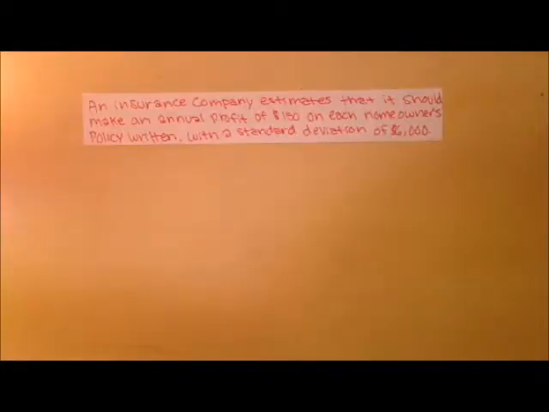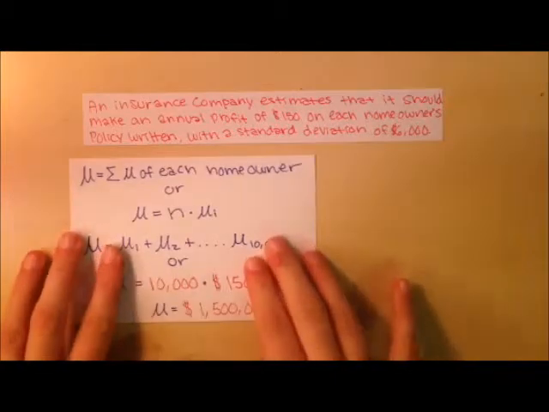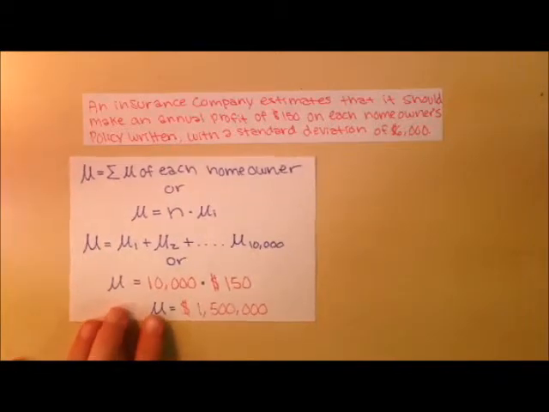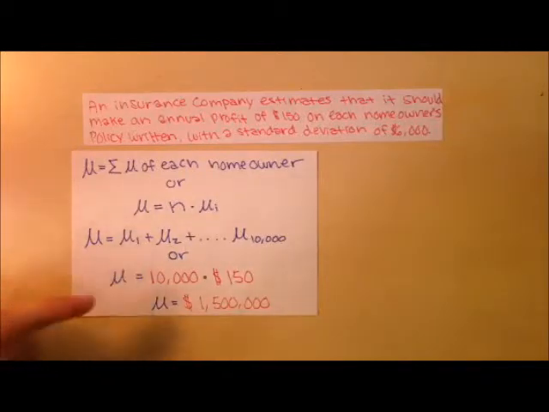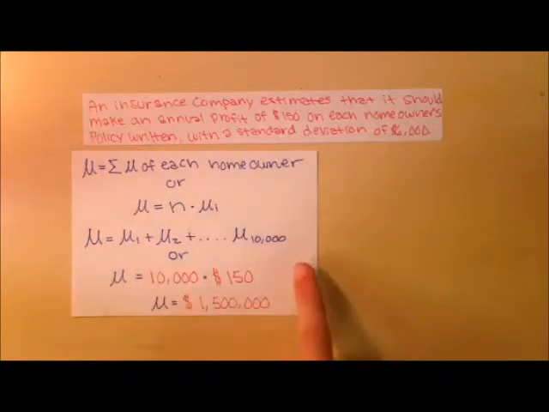Part C is very similar to Part B and asks, if the company writes 10,000 of these policies, what are the mean and standard deviation of the annual profit? Again, let's address the mean first. We know that the mean is a sum of all of the average profits from each homeowner, or the number of homeowners times that $150 average. We could approach it like we did in Part B and just add $150